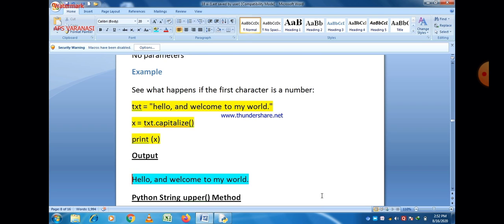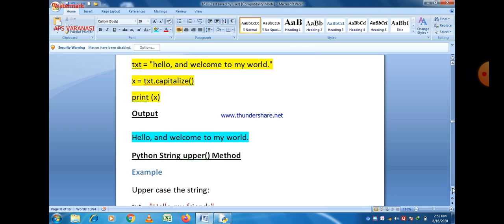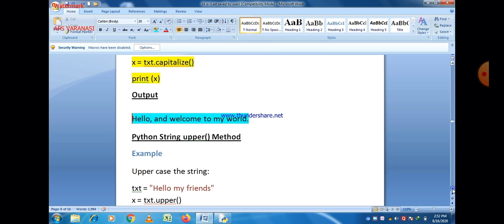Next, the Python string upper method. As the name suggests, the upper method.